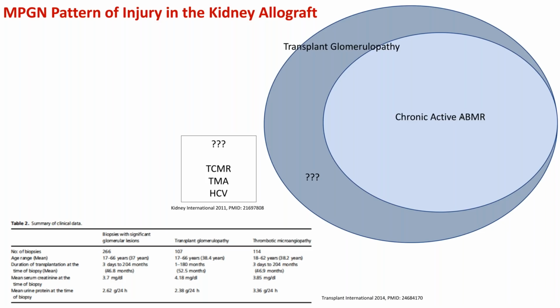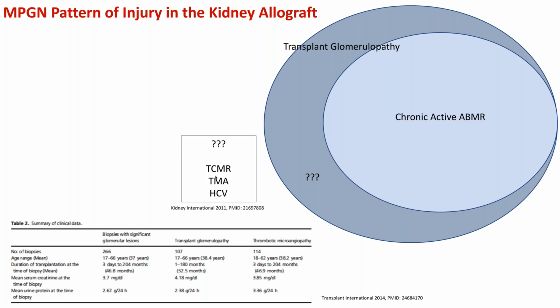Probably there is a small proportion of patients where they are truly antibody negative, in which case a cell-mediated rejection, a thrombotic microangiopathy, and a hepatitis C virus could be the culprits. Now again, this paper, this Kidney International 2011, is an often quoted paper that says all this can result in transplant glomerulopathy. But including our series, more and more newer series, we are not able to appreciate this TMA and